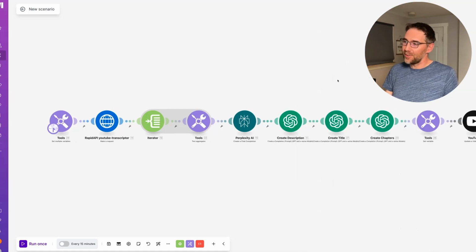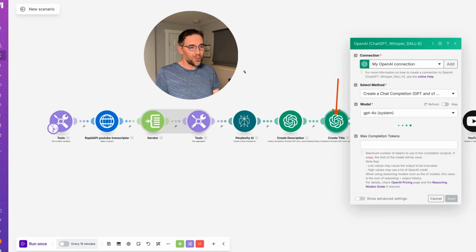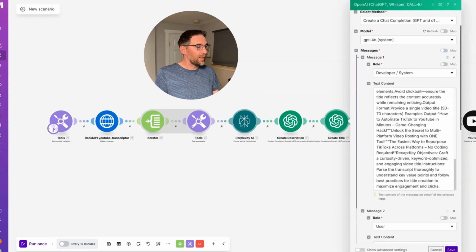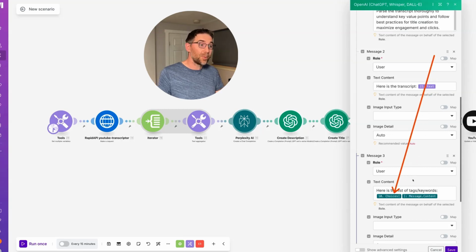video. The next step right here is it's pretty much a copy of this one, except the prompt is actually targeted to create a title. It's going to, again, use the transcript as an input, but also the list of keywords that were retrieved from Perplexity. And we can see right here that we get the transcript. And right here, we are using the result of the keyword research to create an optimized YouTube title for the